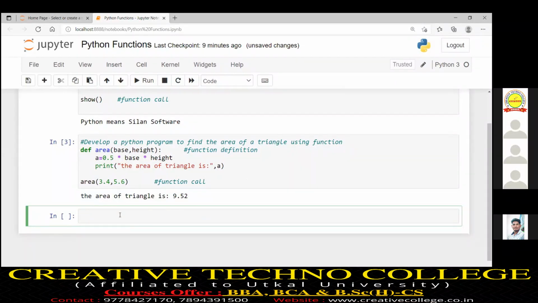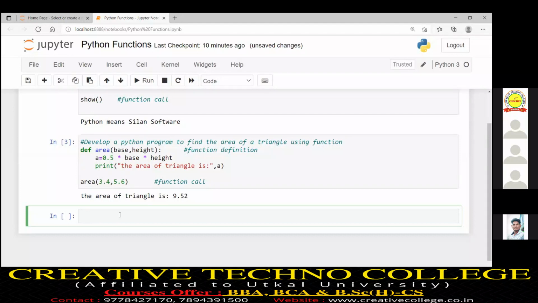Overall, only one point we have to remember: function call and function definition. When a function is called, the function definition executes. A function definition always represents a task, and it executes when we call that function.